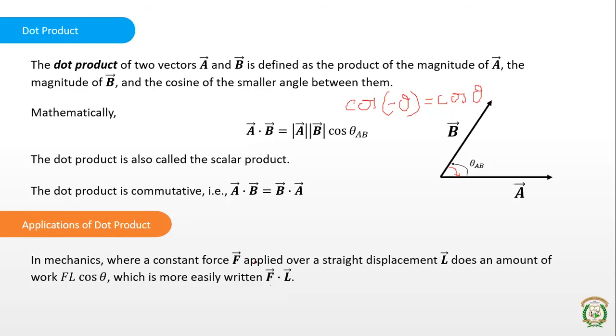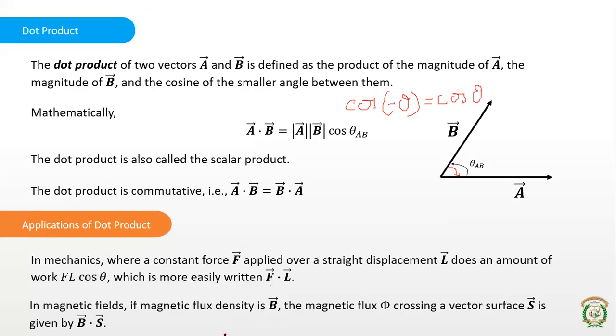Normally this is considered when there is a constant or uniform force. If the force is varying along L, we need to integrate the force with respect to the length or displacement. Okay, that we will see when it comes to those topics. We normally integrate F with respect to L to obtain the actual work done or the energy expended.